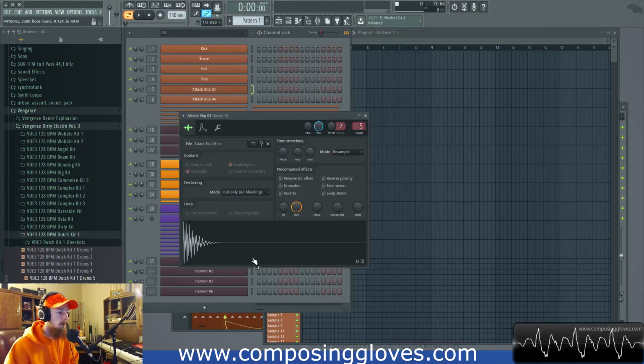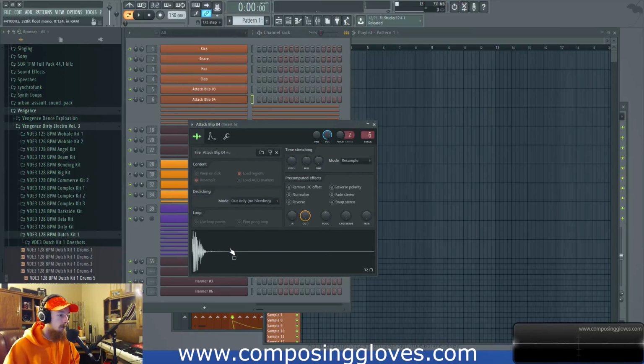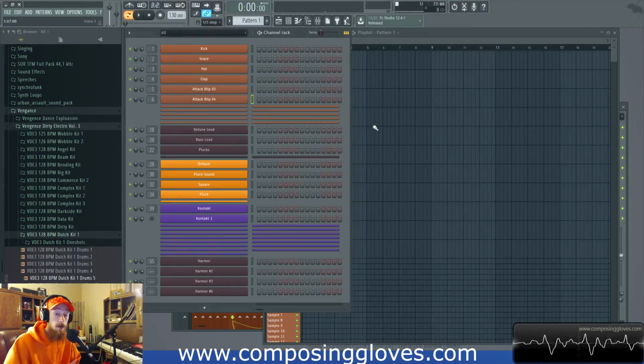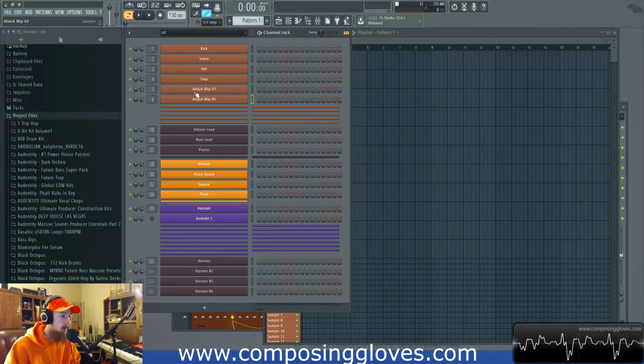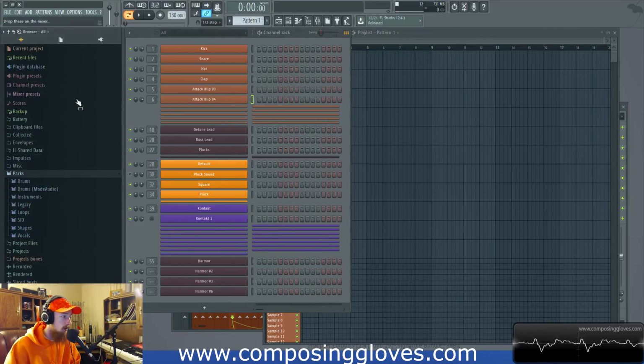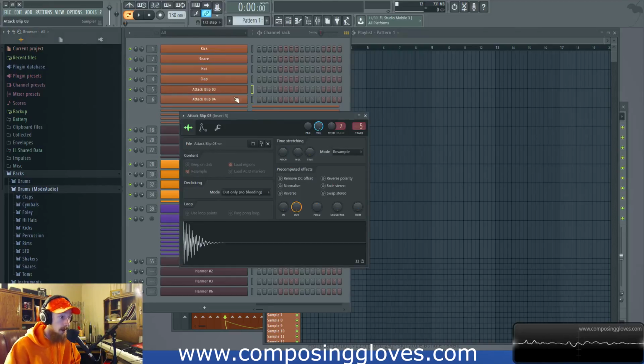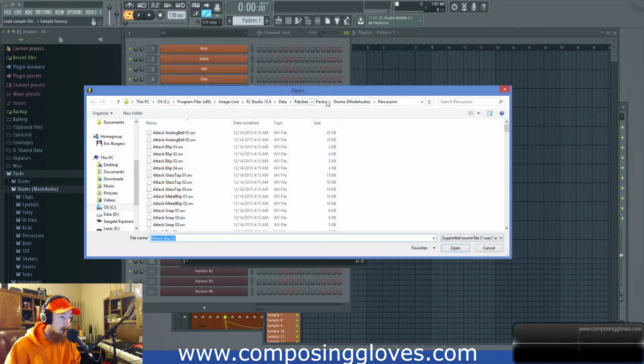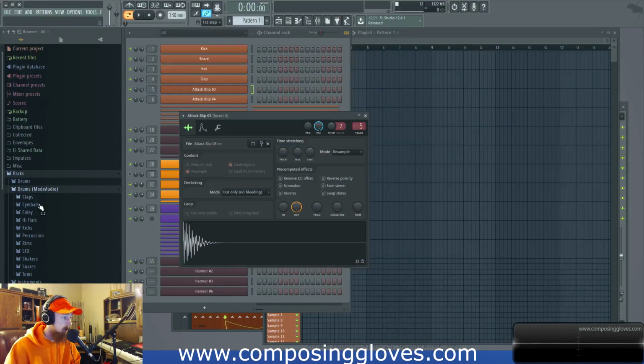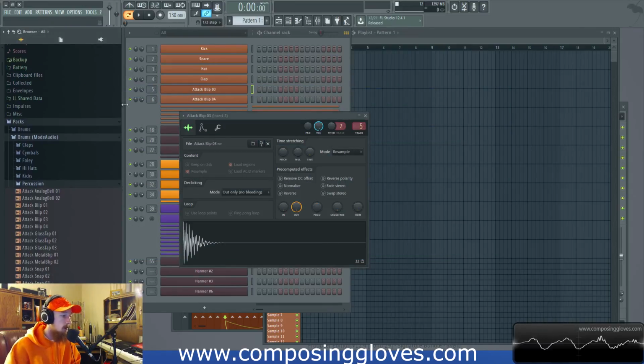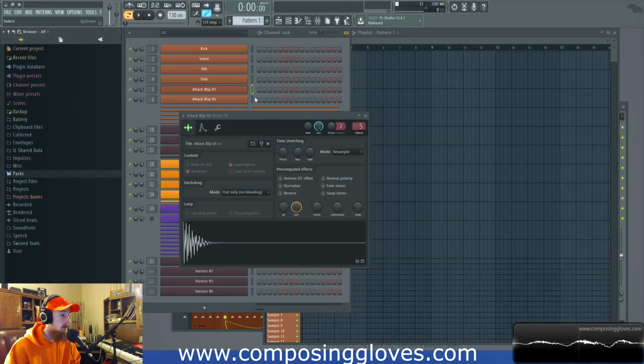So I have loaded up some sounds that lend their percussive quality to us. These are literally the packs. So if you go into Mode Audio, and then in the percussion, rims, hi-hat, and one of these, there are these guys. Some are in there. If we open this up, we can look. Patches, drums, and audio, percussion. I'm just not seeing the folder. There it is. So come in here, you look for some,